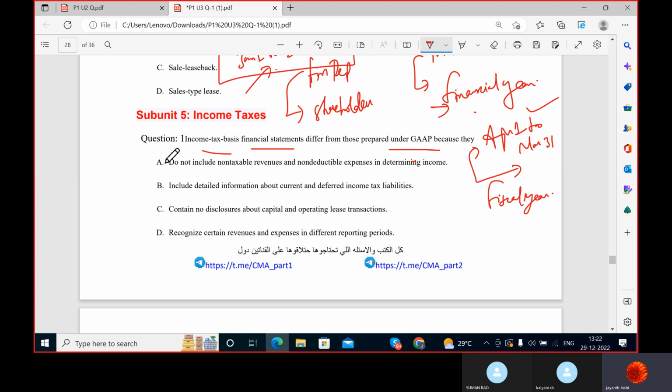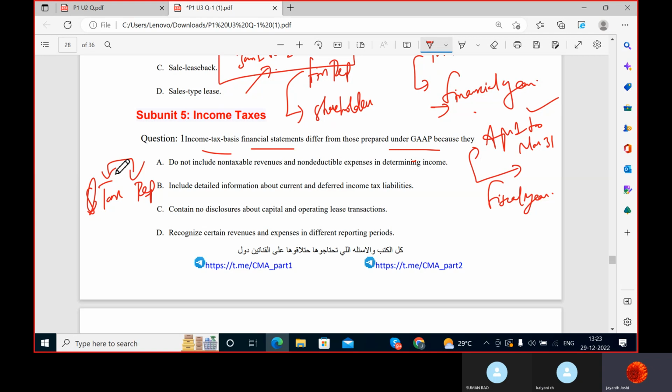I'll read some points here. Financial statements prepared under the income tax basis of accounting and financial statements prepared under US GAAP differ when the tax basis of an asset or liability and its reported amount in GAAP based financial statements is not the same. That means when we show something in tax returns and something in financial reports, if these two don't match, then definitely you see differences. Did you understand, Suman? Yes, the figures you show in the tax returns and reports, if they differ, differences would be seen. And most times they don't match.